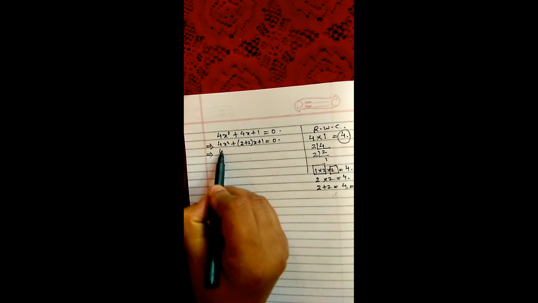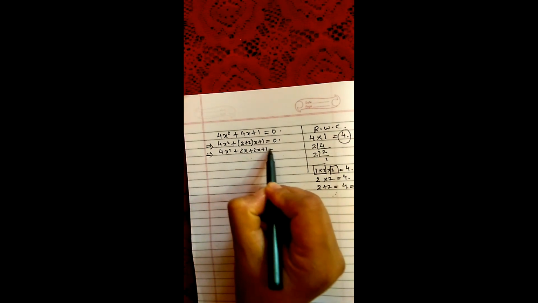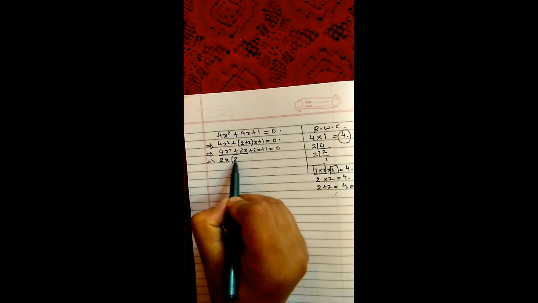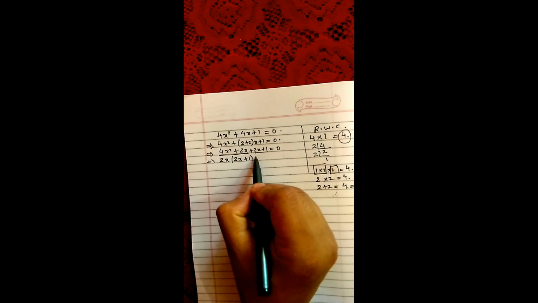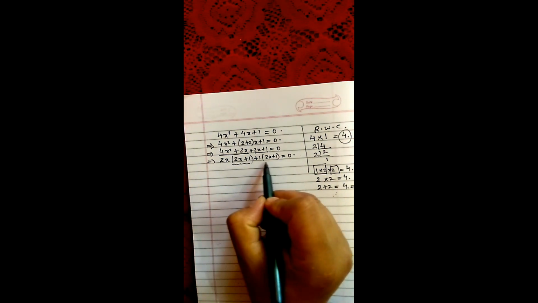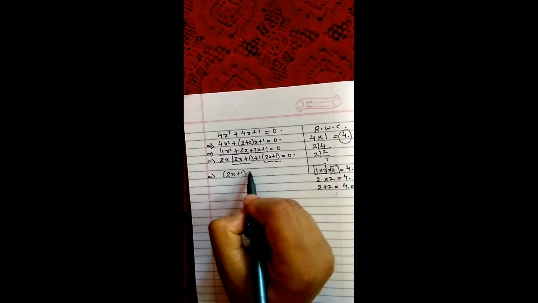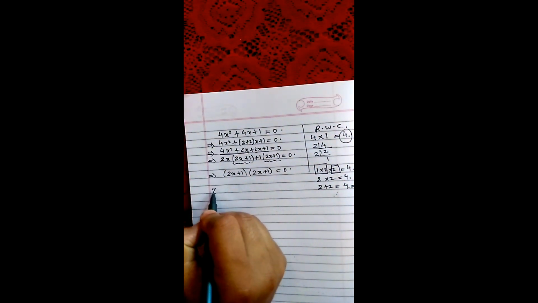Now we open the bracket and simplify. So when I open the bracket, it becomes 4x square plus 2x plus 2x plus 1 equals to 0. Now from the first two terms, we can see that 2 is common, x is common. 2 2s are 4 and x plus 1. From the last two terms, only 1 is common. So plus 1 is common, so 2x(2x plus 1) plus 1(2x plus 1) is equal to 0. Now again in these two terms, 2x plus 1 is common. So if I take out 2x plus 1 common, what is left? 2x plus 1 again.